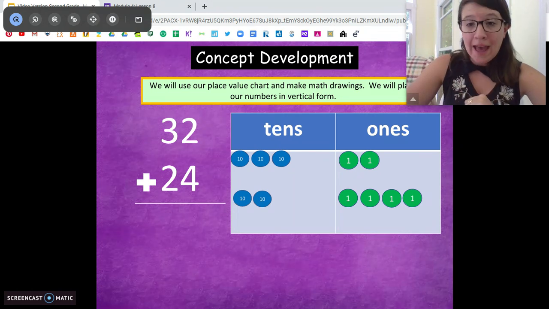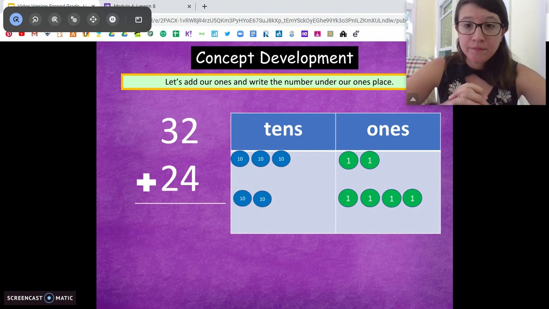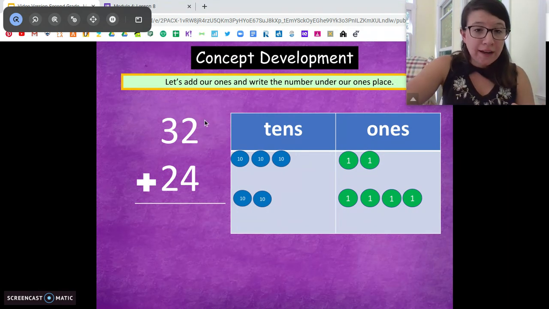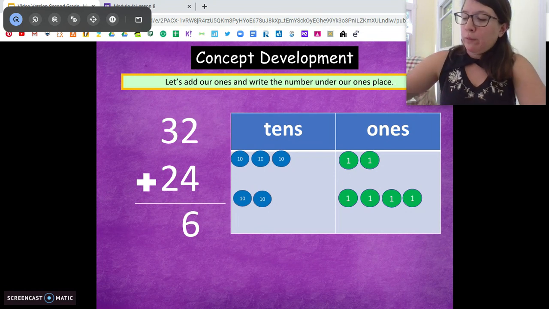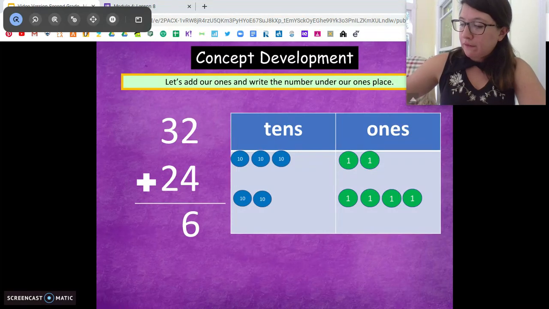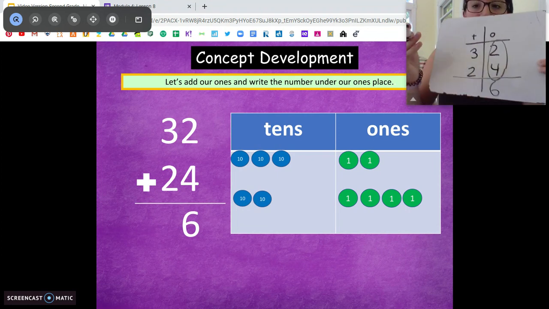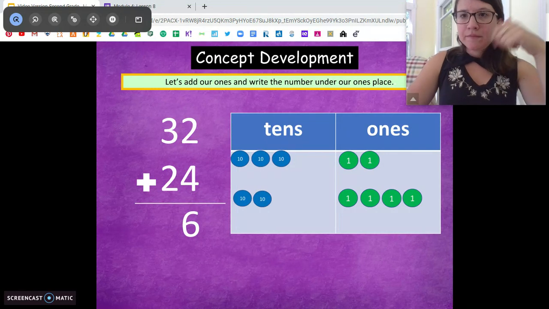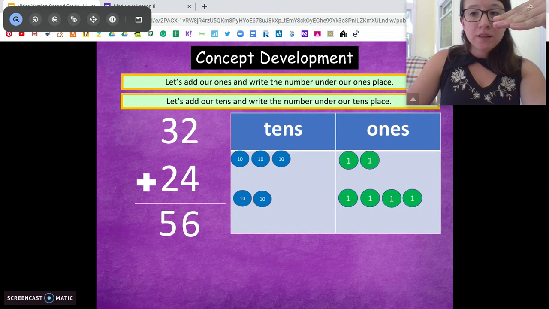Awesome. All right, now we're going to add in vertical form. Let's add our ones first. How many ones do we have? 6 ones. Awesome. So I'm going to write that right under here. See how we did? Remember how we did that yesterday? When it looks like a place value chart, we have 32, 24. We're adding right here, and we're going to write our number underneath. Okay, we have 6 ones. Now, how many 10s do we have? Yep, 5 10s. So 32 plus 24 equals